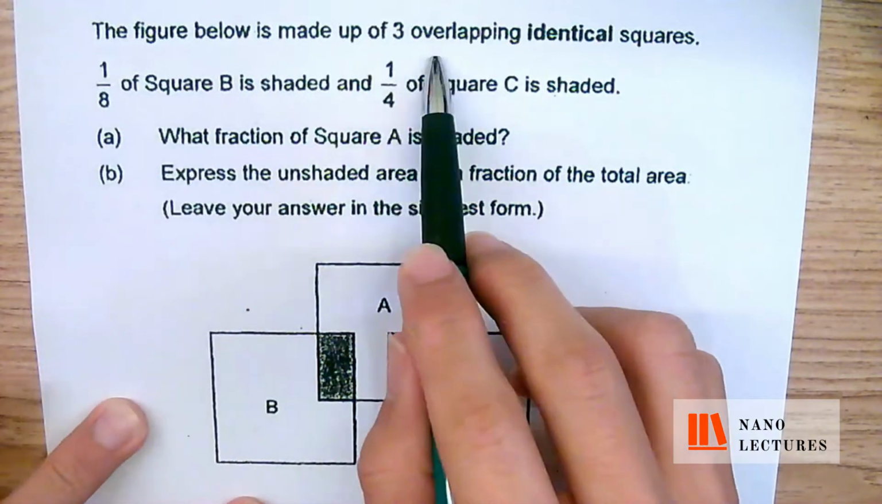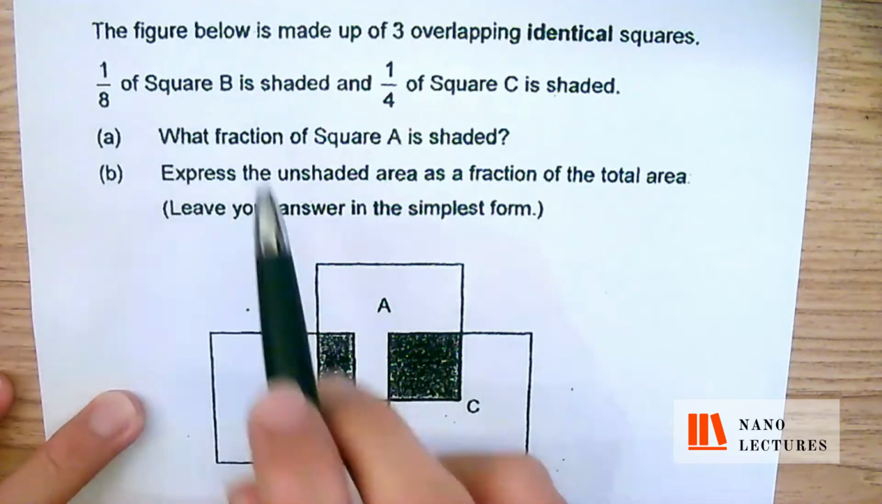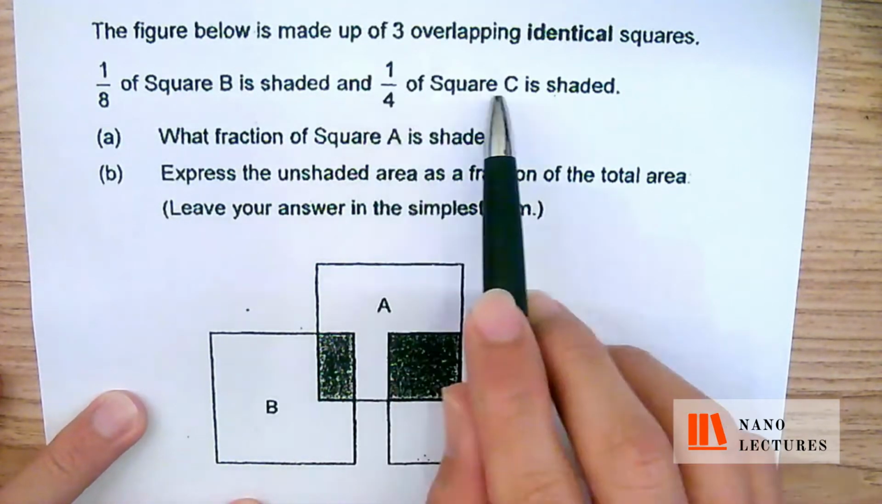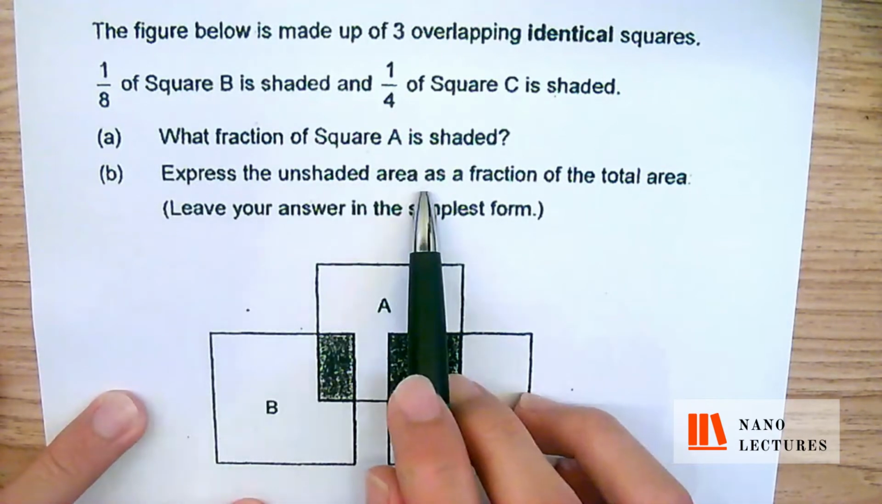The figure below is made up of 3 overlapping identical squares, so all of them are the same in area. They told us that 1/8 of square B is shaded while 1/4 of square C is shaded. Then they ask for what fraction of square A is shaded, and to express the unshaded area as a fraction of the total